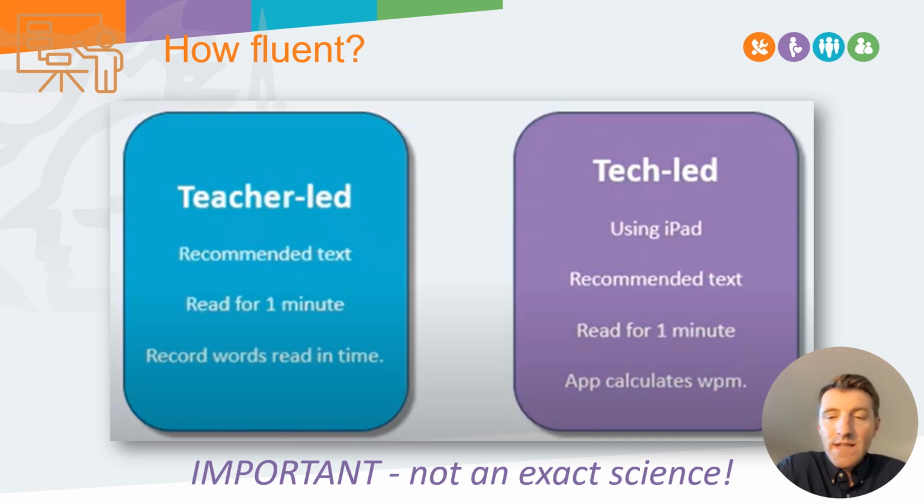If you are not quite sure what text to use, the first thing I would suggest is reading books in schools, which are designed and written to be age and stage appropriate. So you'll have a whole suite of texts that would be appropriate for the learner. But Oxford Owl online do free ebooks, and a number of those have been selected and identified as appropriate for different ages and stages. Again, you'll find a link to that within the assessment tool part of the Launchpad. So that's how we can assess fluency. And now we need to think about how we improve fluency.